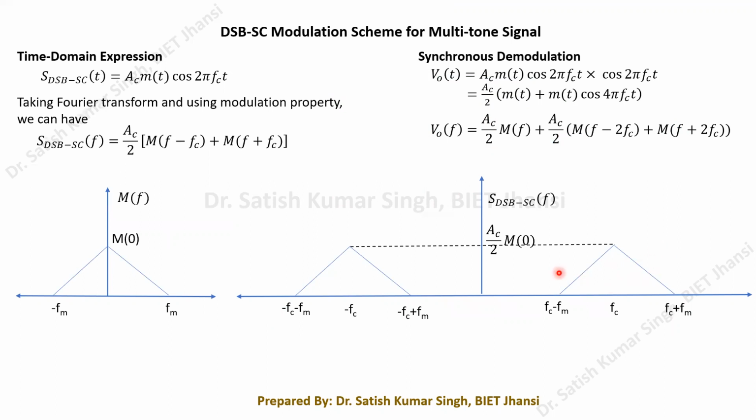But today in this video we will see that even if we suppress one of the sidebands, only one sideband is sufficient to recover the original message signal. Like here we have the LSB part, so we can send only the USB part, the upper sideband, and that will be sufficient to recover the original message signal. Similarly, we can suppress the USB part and send only the LSB part, so that we can recover the original message signal. That method we have to look at.